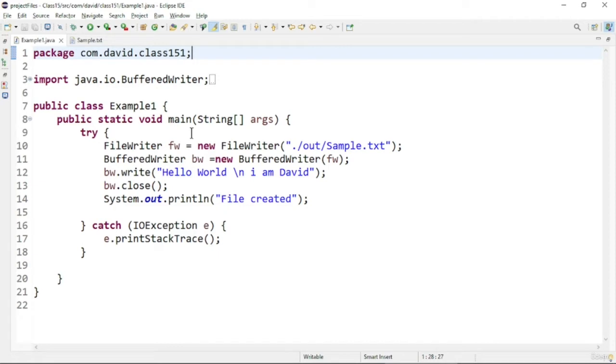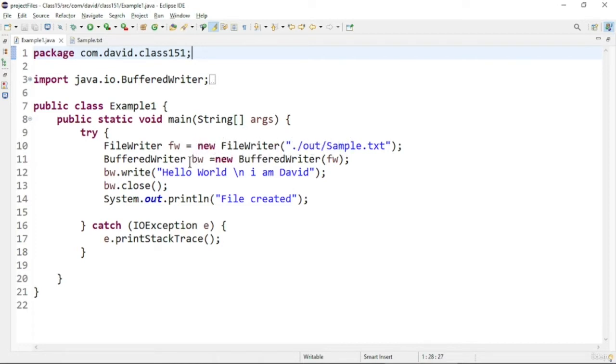So you can see here I am using a FileWriter object in the try block. There is an IOException that I am catching. So I am creating the FileWriter object with the particular path. In my Eclipse workspace, inside the particular project folder, I have created an out folder. Inside the out folder, the particular file will be created, and like that I am giving a relative path.